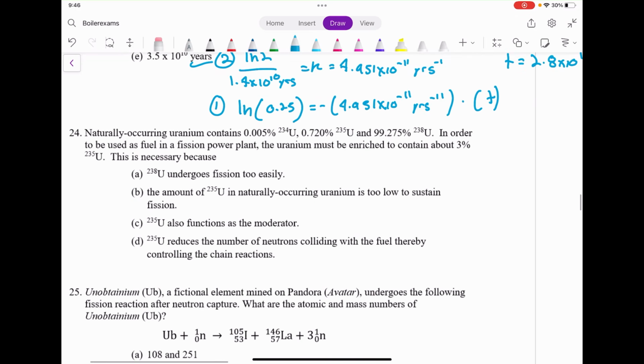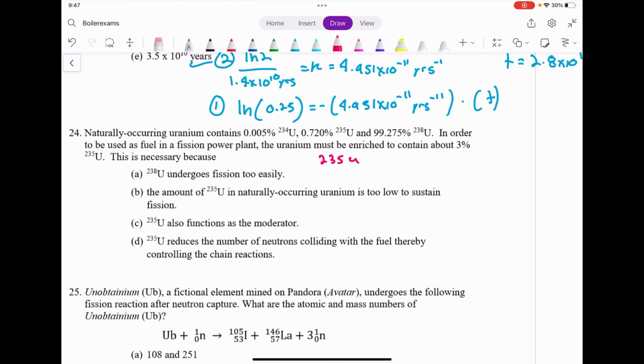24. Naturally occurring uranium contains 0.005% uranium-234, a slightly higher percentage of uranium-235, and almost entirely uranium-238. In order to be used as fuel in a fission power plant, the uranium must be enriched to a slightly higher amount of uranium-235. This is because... So here is just kind of a knowledge question about how much you know about the nuclear fission reactions and the reactors. The first thing is